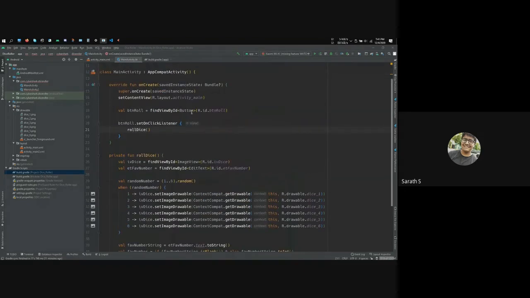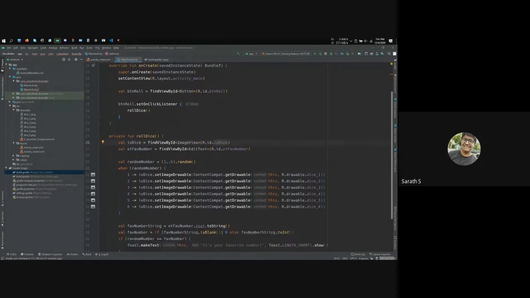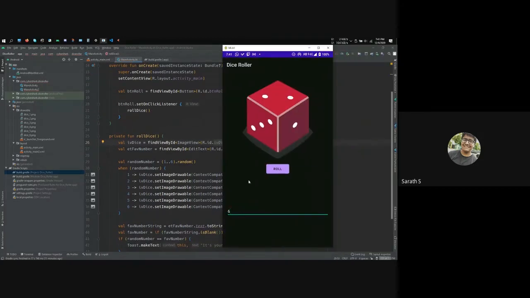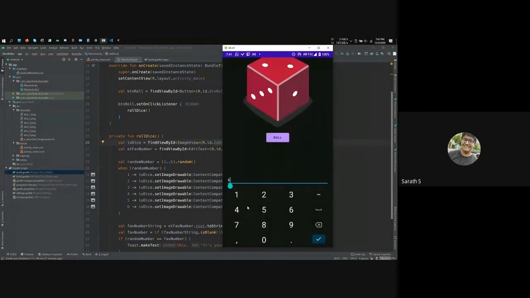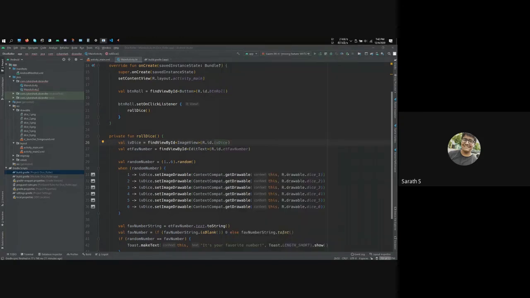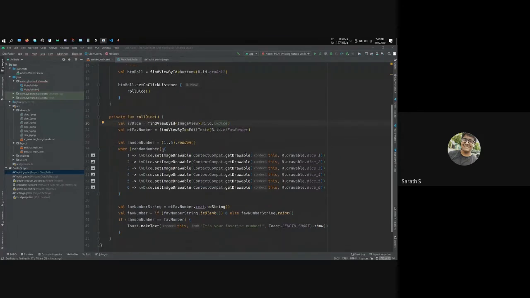The same way as we got the button here, my ID is IV dice, and then we are getting the edit text. Edit text is basically the text field that is used to enter something. So when you enter something, you use an edit text. So yeah, we are getting the edit text reference here as well, and then we are coming on to the function that generates a random number.